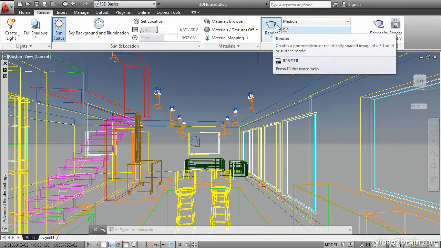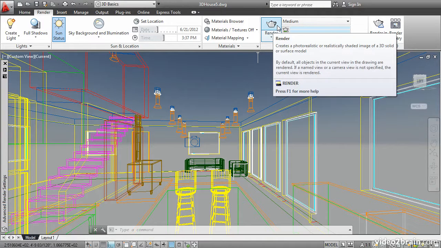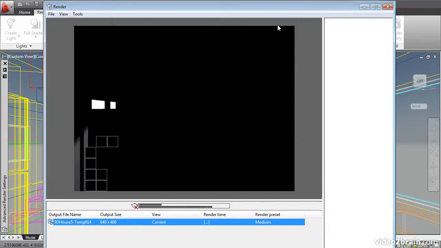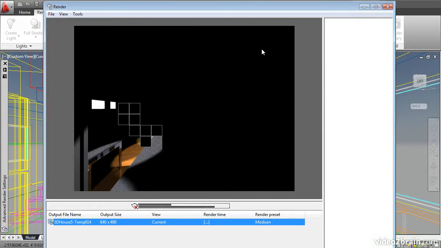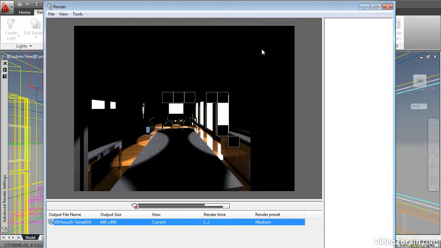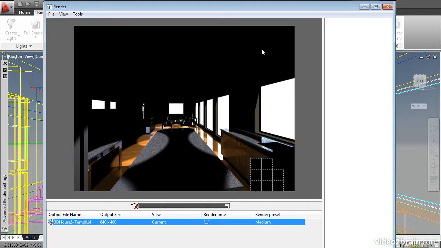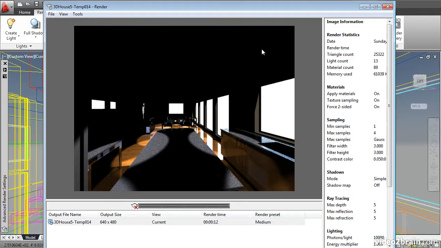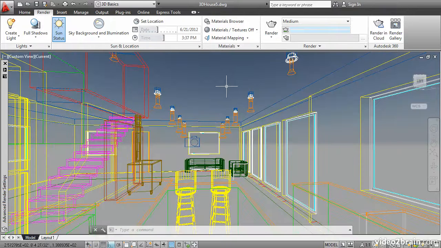Click this teapot icon to make a test render. The teapot is the symbol of computer graphics. This opens a separate render window. And what's happening right now is it's rendering the direct illumination, which is the light that comes directly from the light sources and strikes surfaces. It's not simulating bounced light, however, and that's why we're not seeing any illumination on the ceiling or the back walls. Close the render window and type